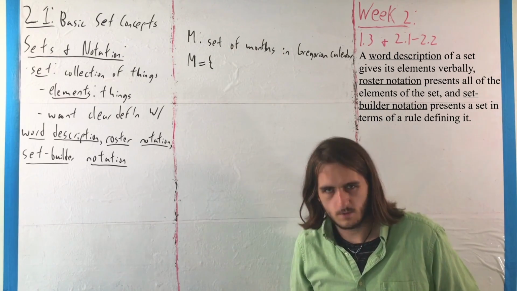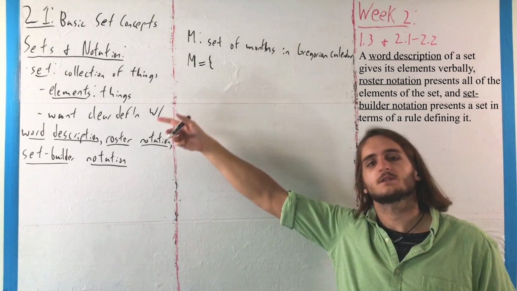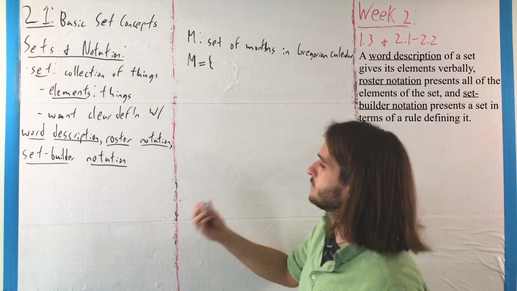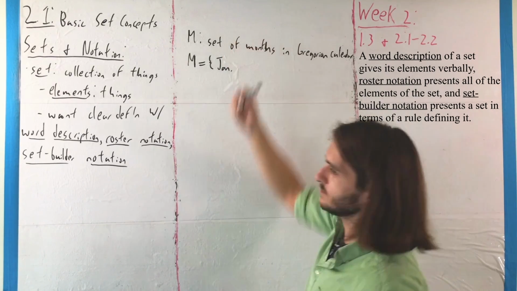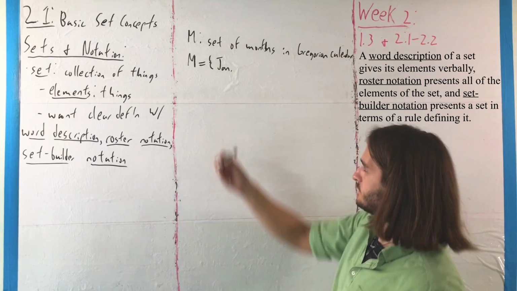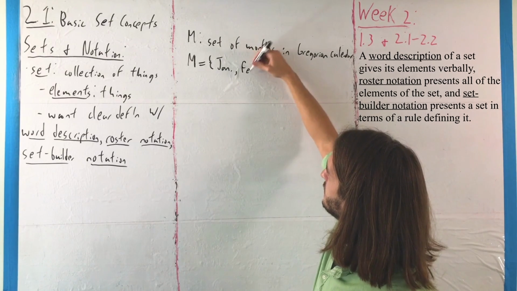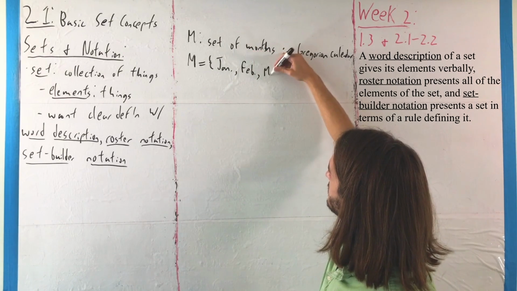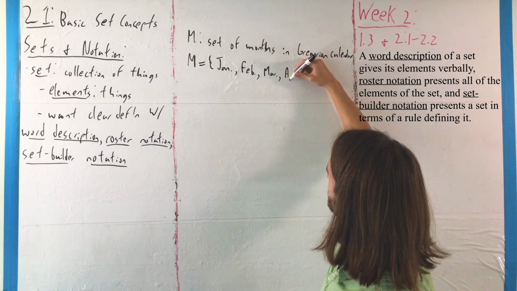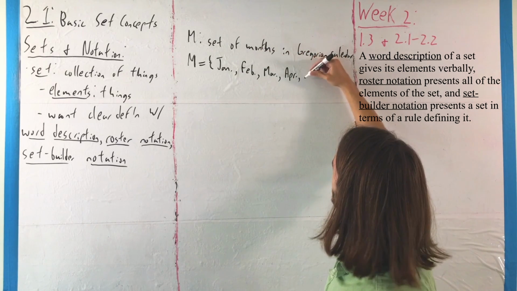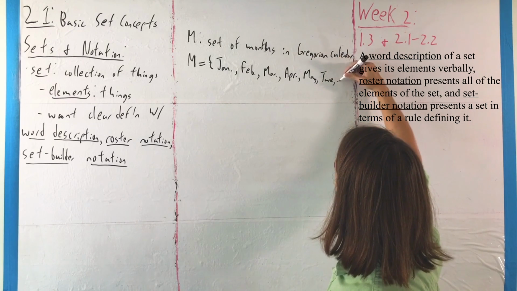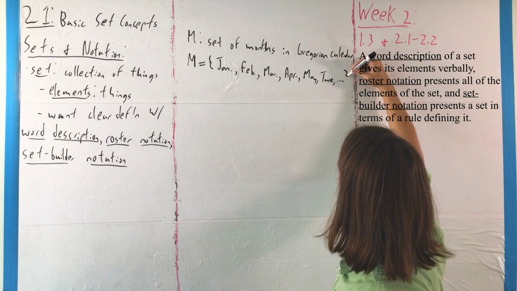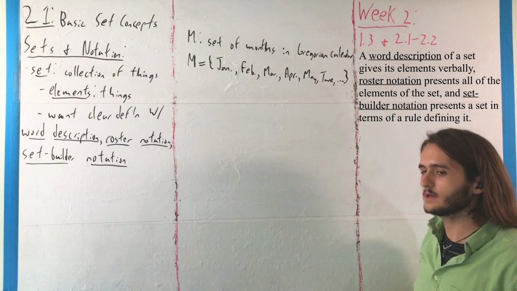It's kind of cute, it usually works. But anyway, that curly brace is how we're saying the set is starting, and then we put the things in there. I'm going to be using abbreviations here to save some space. We'd have January, February, March, I think April is APR, but I can't remember, May, June, and I'm just going to put some dots there at the end because I still ran out of space, and then we close off the curly brace,